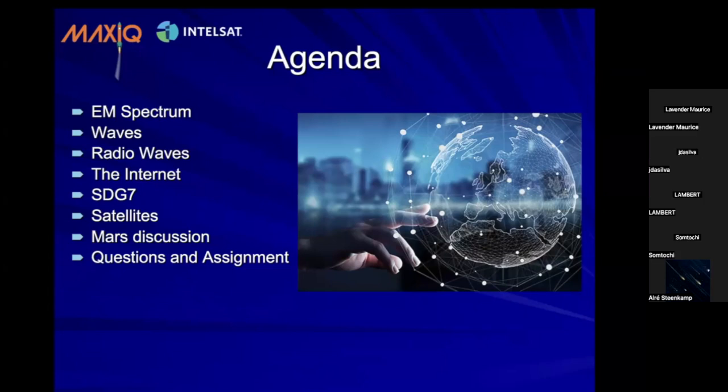We'll talk a little bit about radio waves, cover the internet. You'll find that all of our courses are aligned with the UN SDGs. In this particular instance, aspects of SDG 7, which covers things like renewable energy and renewable resources. You'll find the alignment with UN SDG 7, as with all the other courses as well. We'll mention something around satellites, Mars, and we'll close up with the